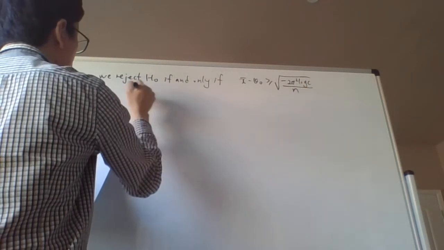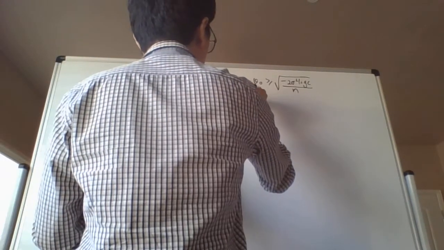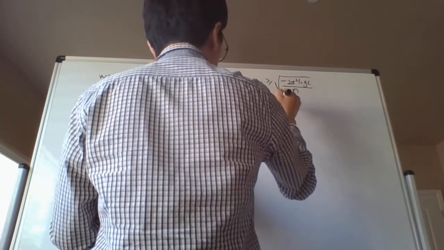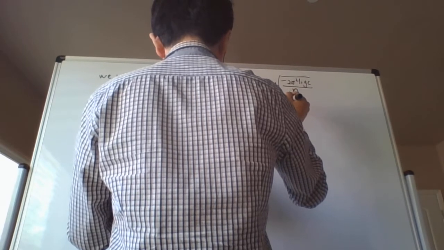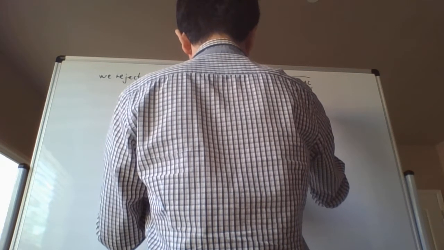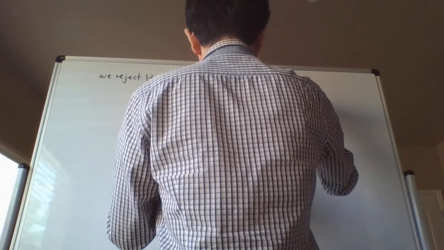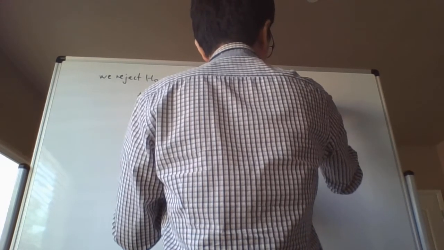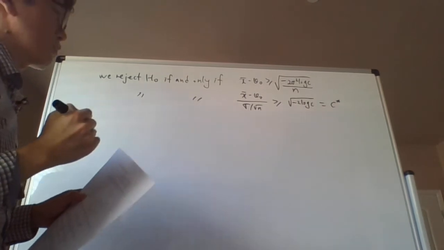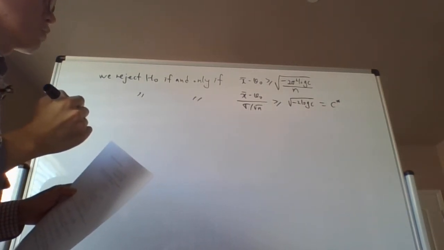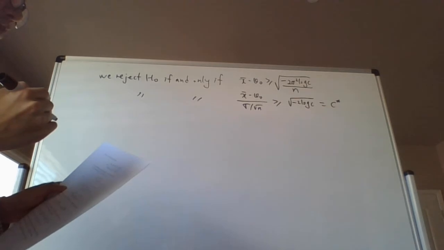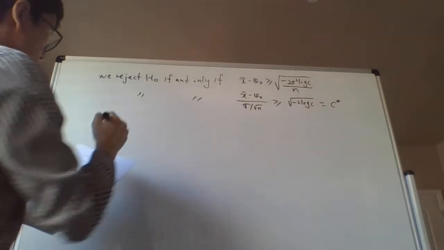Which is equivalent to saying that x bar minus theta 0 divided by sigma divided by square root of n is greater or equal to the square root of minus 2 times log of c, and then we define the right hand side as c star. Then the power function